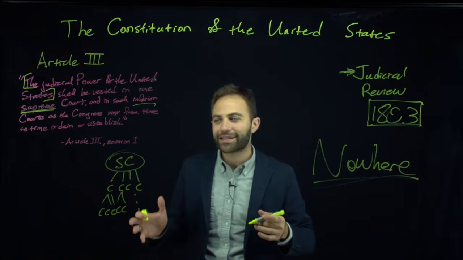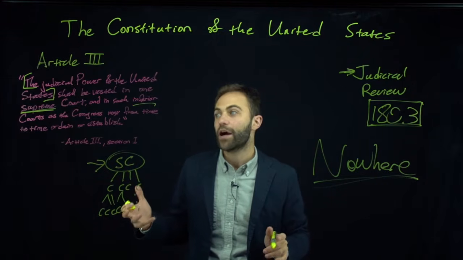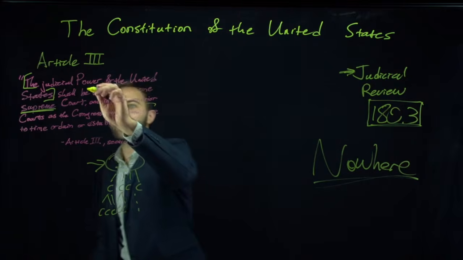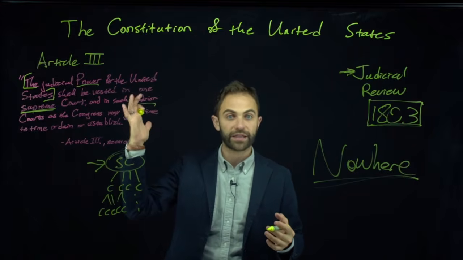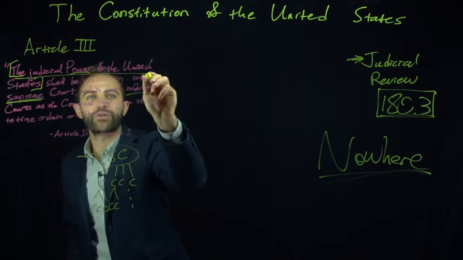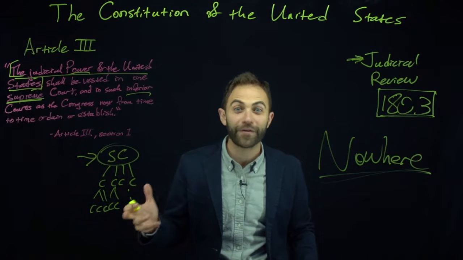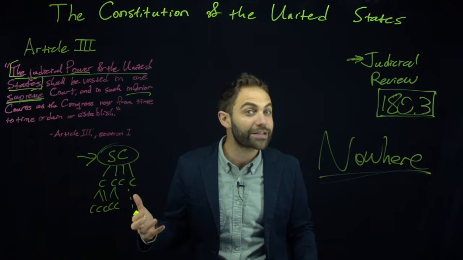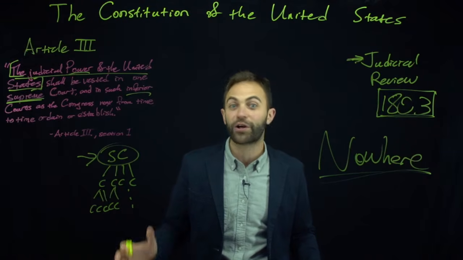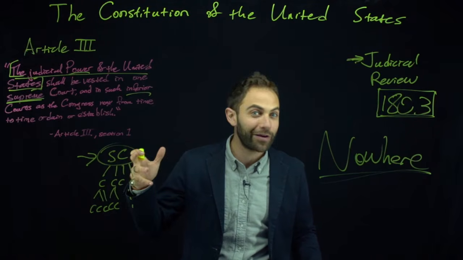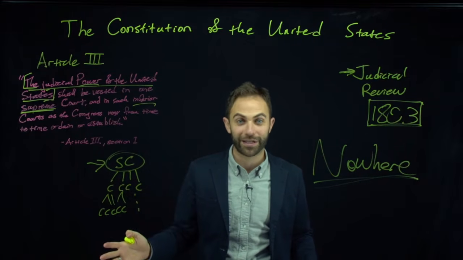But the fact that the Supreme Court is at the top of this hierarchy doesn't say anything about what power is being given to this system of courts, of which the Supreme Court is at the top. What is the judicial power of the United States? Does it include the power to officially interpret the Constitution and strike down any law passed in the correct fashion by Congress because that court decides that that law violates the Constitution? Well, we don't know. Nothing in this sentence shows us that it does.